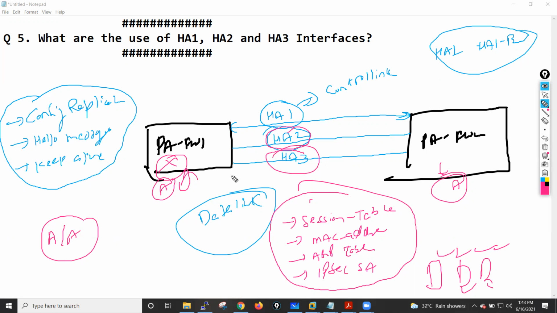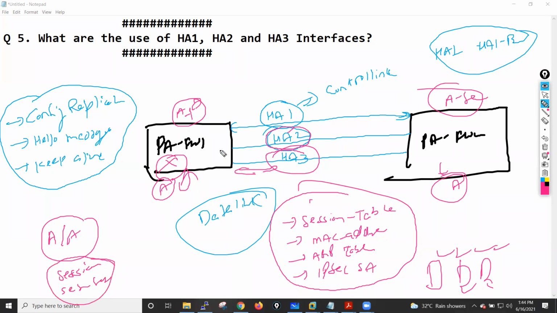The HA3 interface is used for exchanging packets between the active primary firewall and the active secondary firewall. This is active primary, this is active secondary. In the active/active scenario, one firewall becomes the session owner and one firewall becomes the session setup.